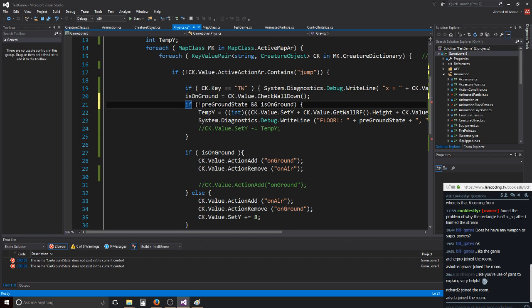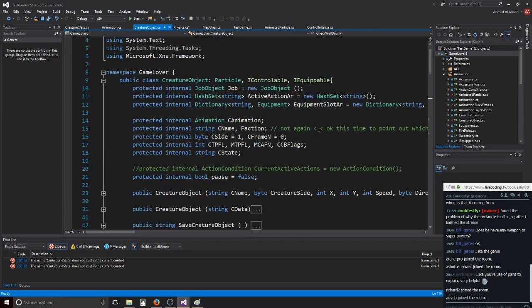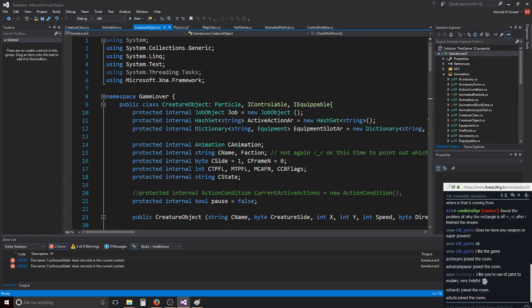The thing is, this is supposed to be part of the customization, but let's cheat a little bit for now, and if it works, I need to move it to the customization